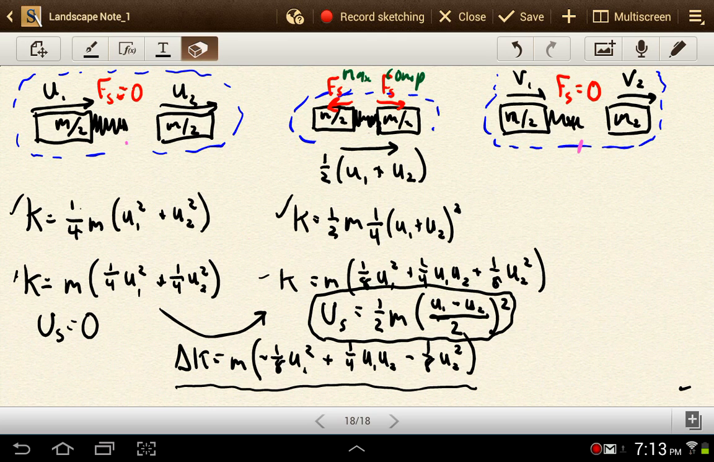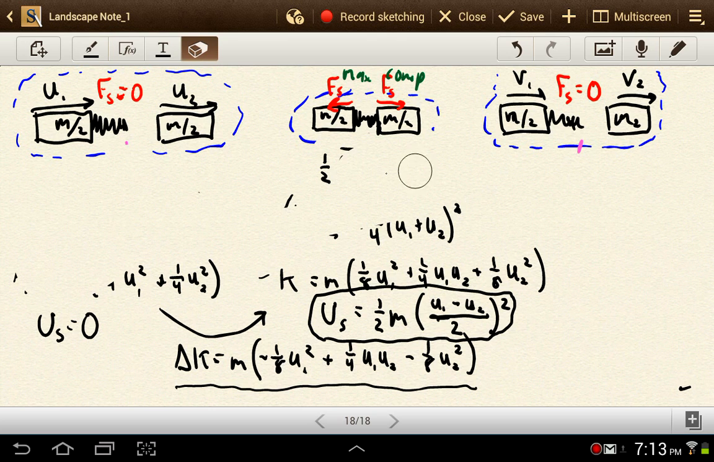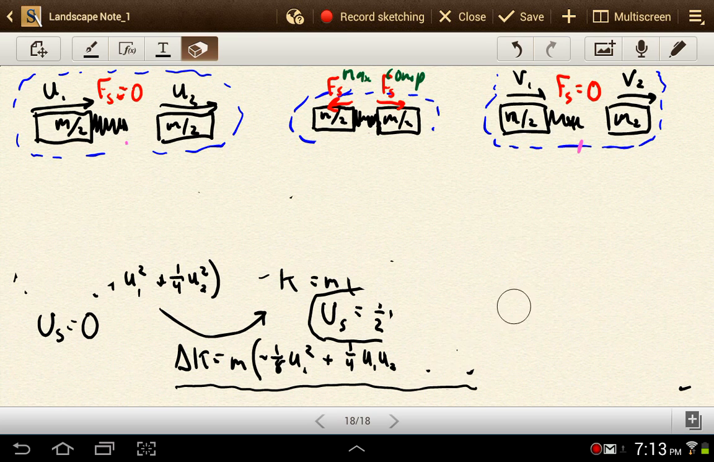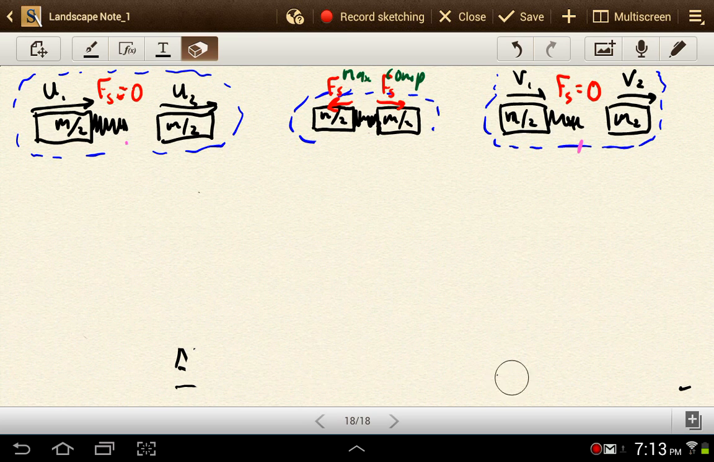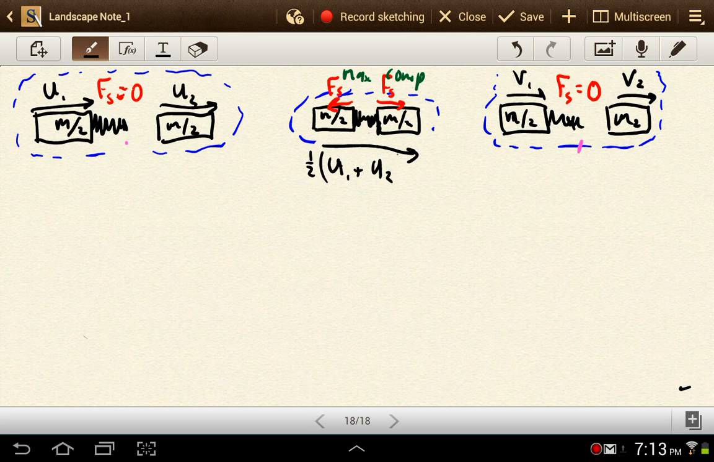Let me see if I can show you something here about what I mean with all this. At this point here in the middle, we have both of them moving at U1 plus U2, the average of those two. So if we had a plot of, say, I'm going to plot here